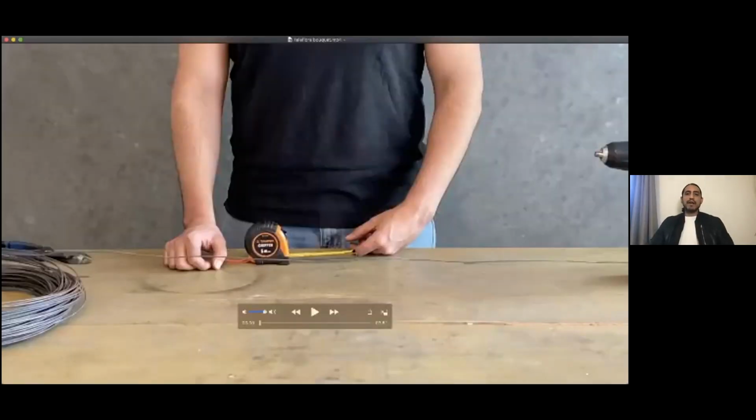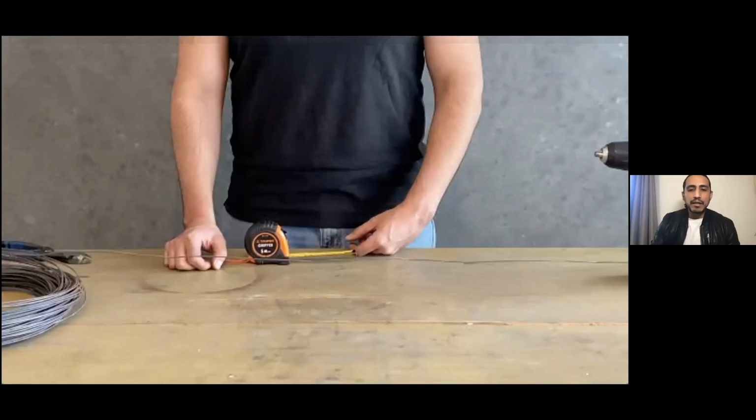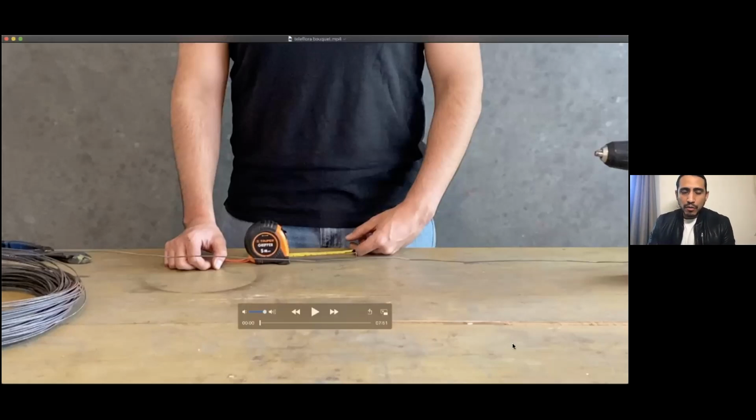So we have it here, the process of the armature of our hand-tied bouquet. We have our video, there it is. The first step to create this armature for our hand-tied bouquet will be to cut some pieces of